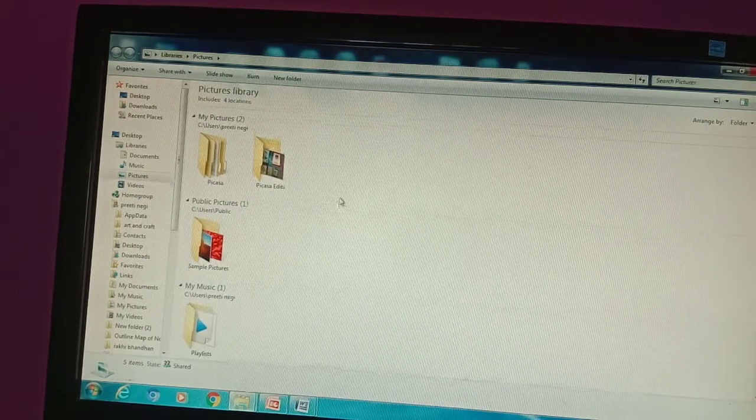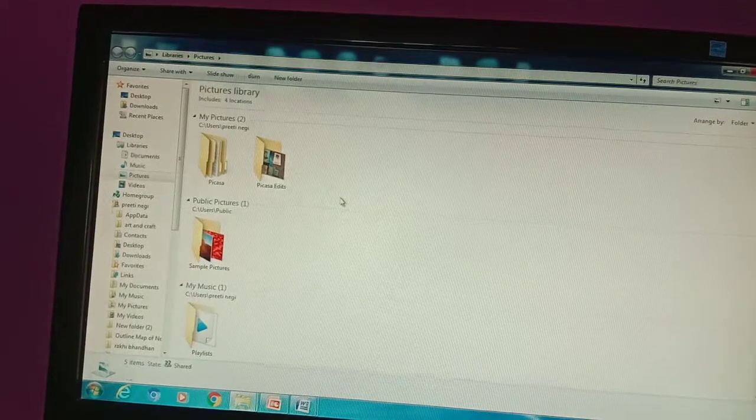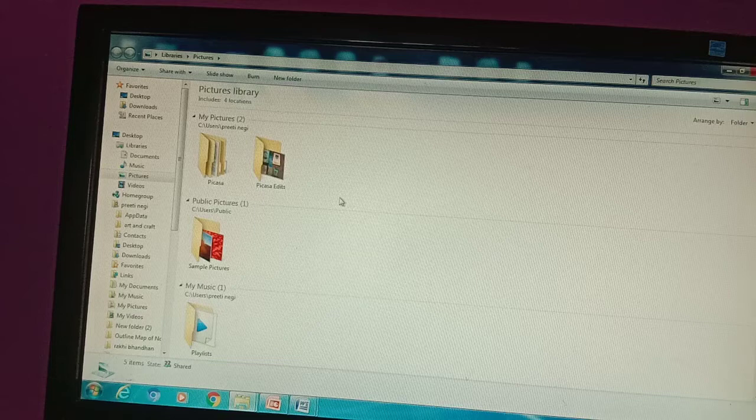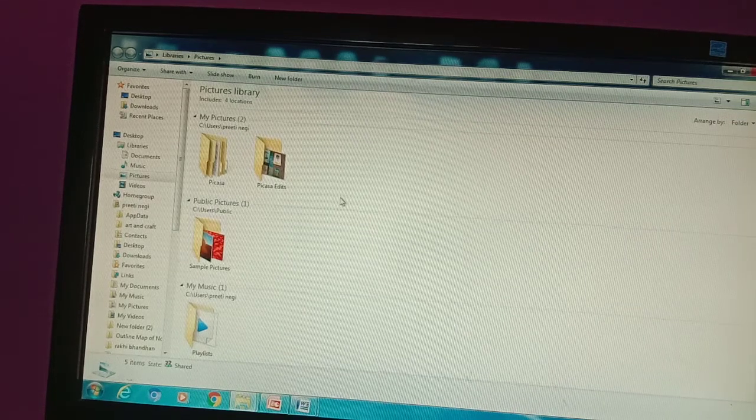Here you can arrange your files of pictures and images. You can organize your pictures here, you can make folders, and organize your pictures according to your need. So this is a space created by Windows 7 for you. This is a utility created by Windows. More on Windows, let's learn about the touch screen.